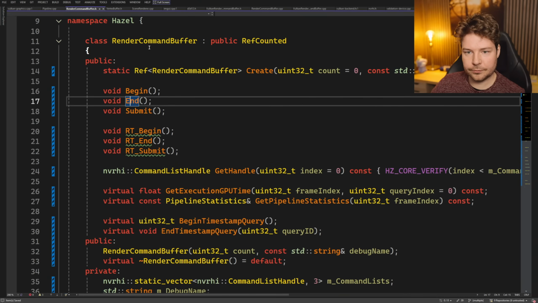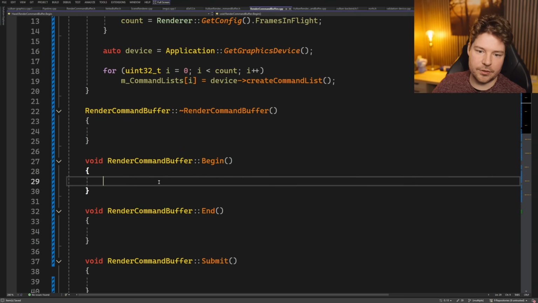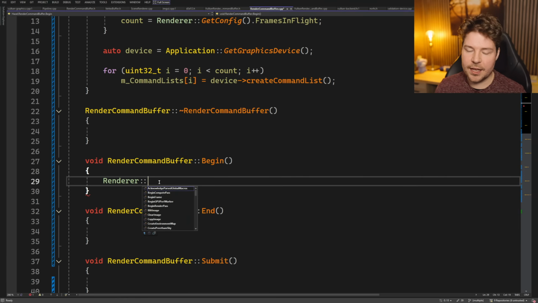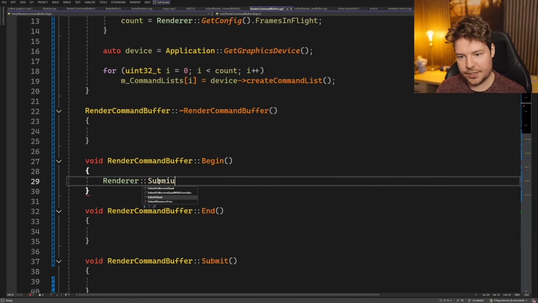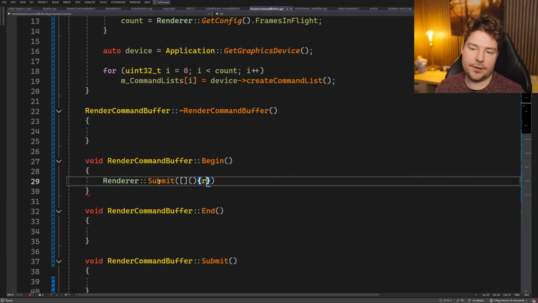So yeah, that's the story of these functions. This is going to be really straightforward from this side, because begin will simply call renderer submit, and then you'll have to get the current instance, but it will basically call RT begin, right? So we'll do something like instance RT begin,